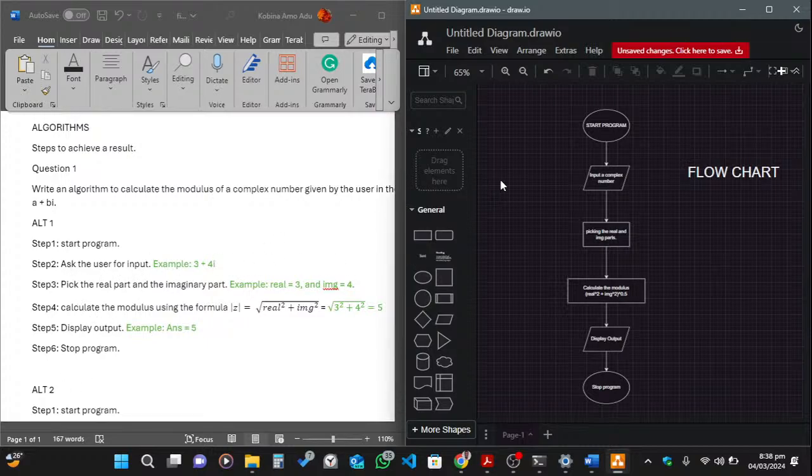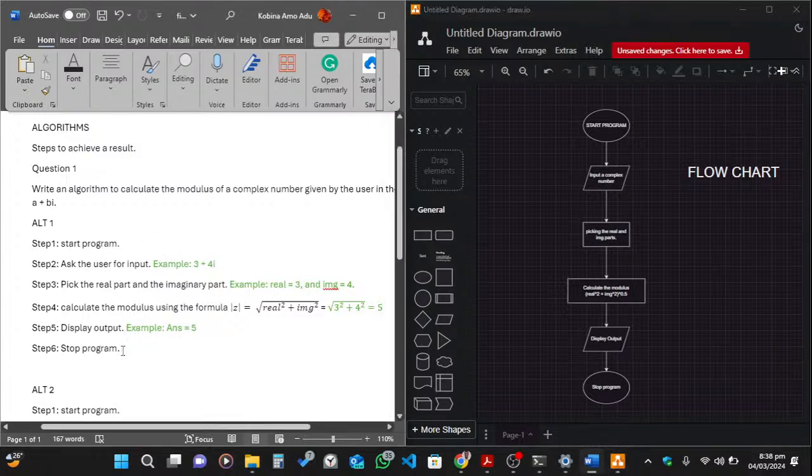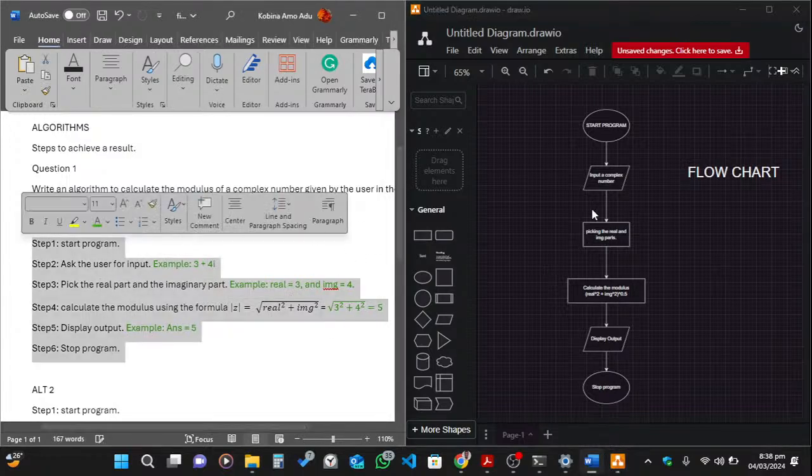Ask the user for input. So it says input a complex number, pick a real part and an imaginary part. Then calculating the modulus using the formula, which is a process, then displaying your output, end program. So this is the same as that. They are the same, no difference. Only that this is what we call a flow chart, and this is just a normal statement. So you should learn how to do this, and that is going to go a long way to help you